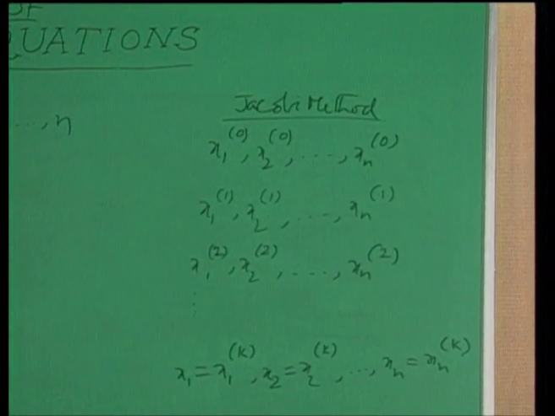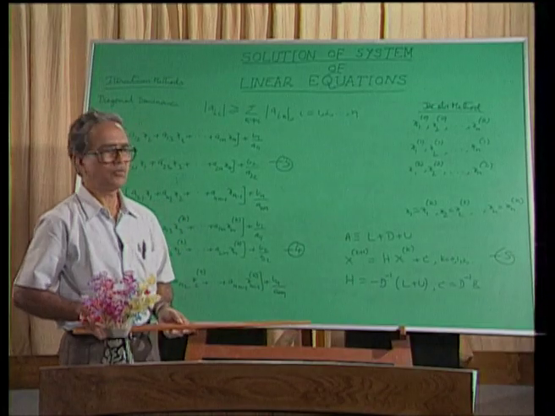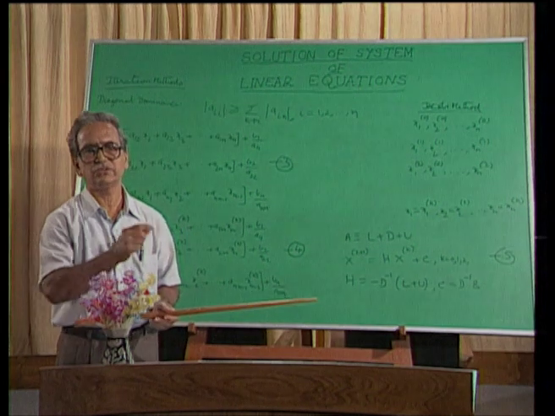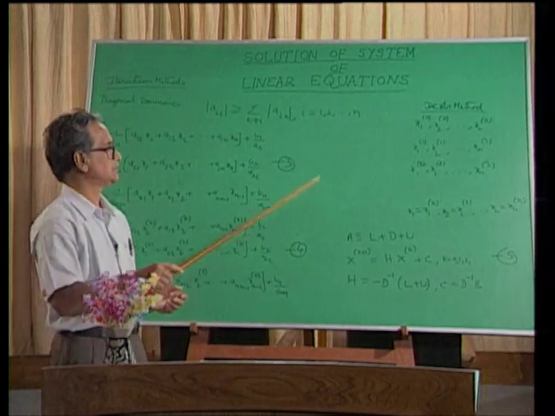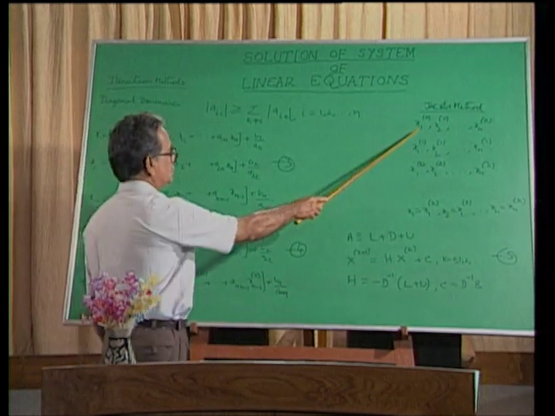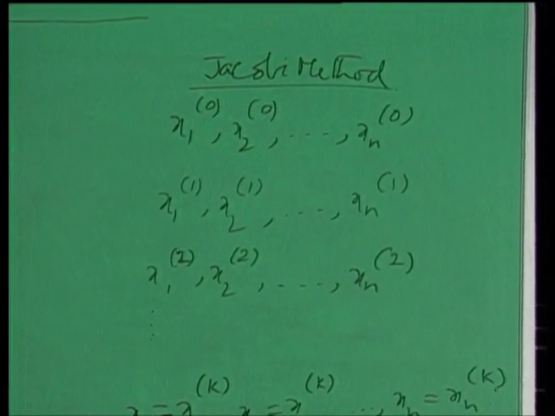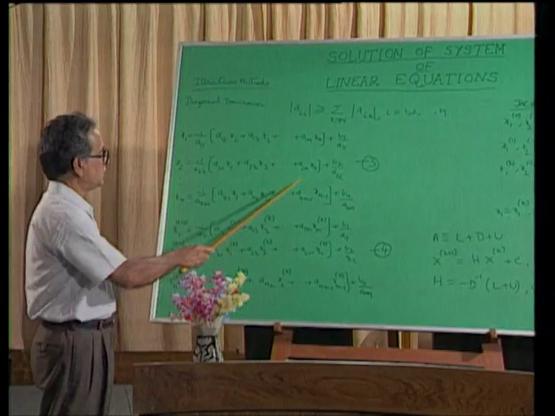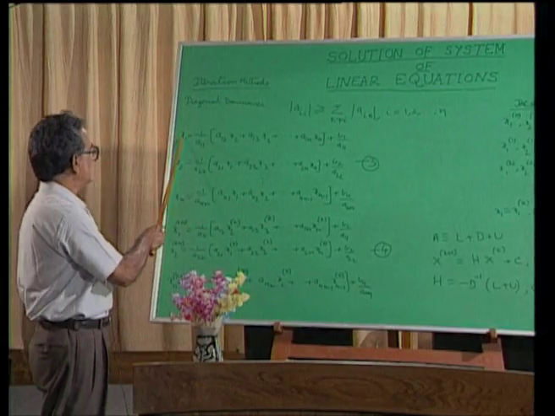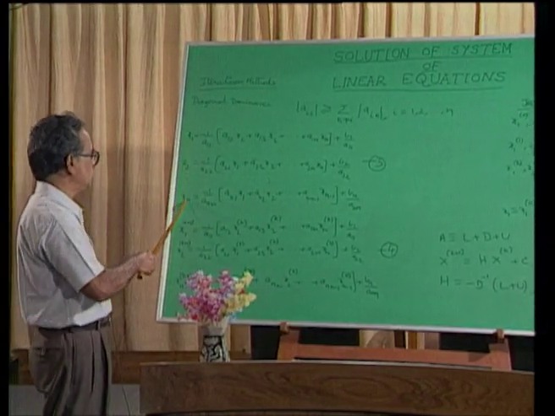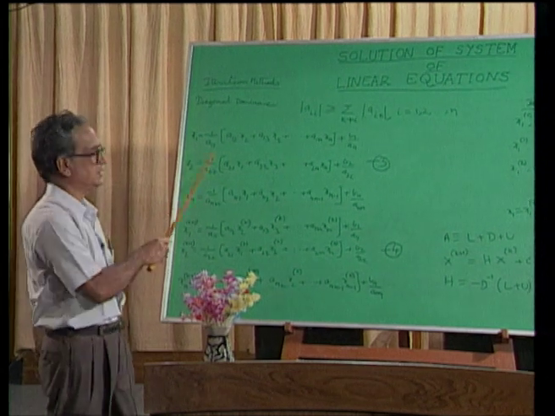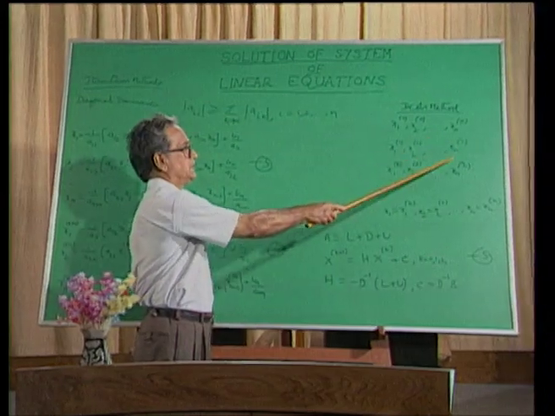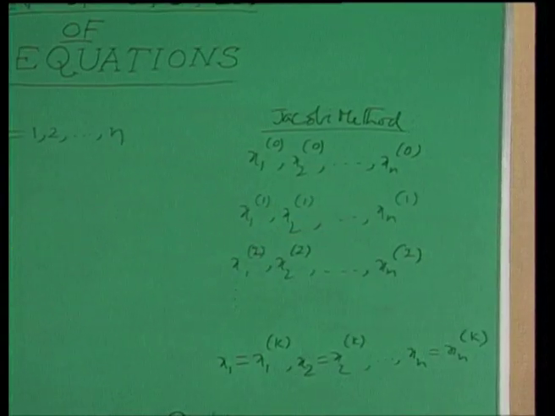If no better estimates are obtained or known to us beforehand, what we do is we take them as zeros, x1 0 as 0, x2 0 as 0, etc. So, we substitute these initial approximate values in the right hand sides of these equations 3. Thereby, we will get better values for x1, x2, xn. These better values of x1, x2, xn are denoted as x11, x21, xn1, that is the first iteration values.